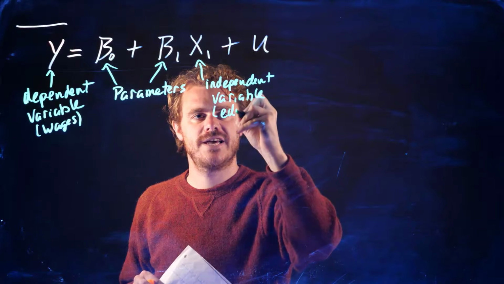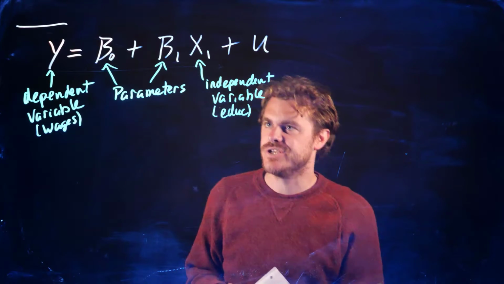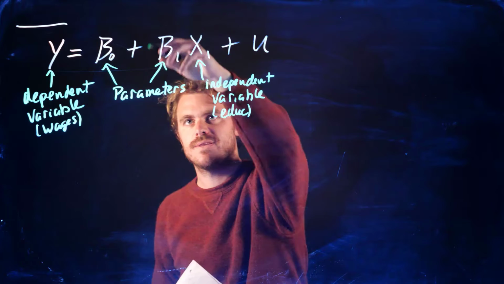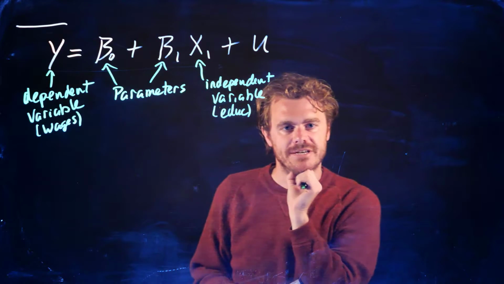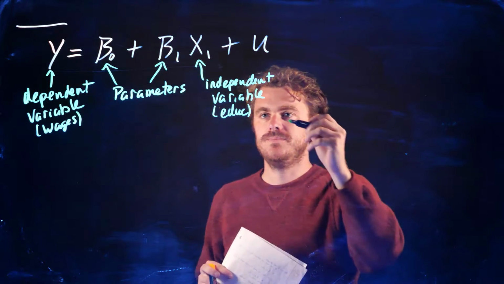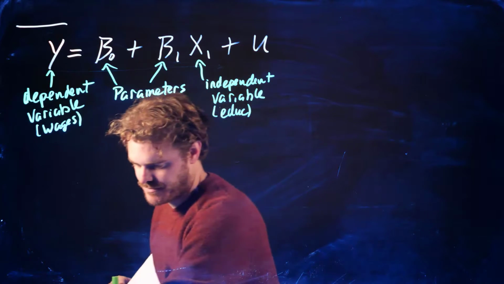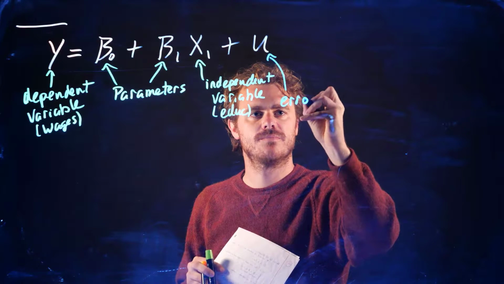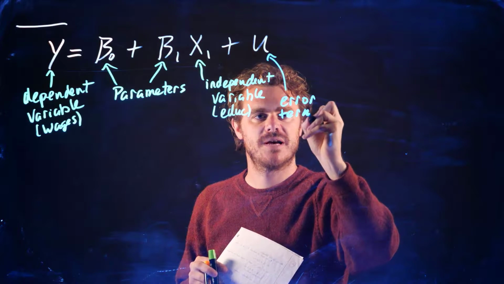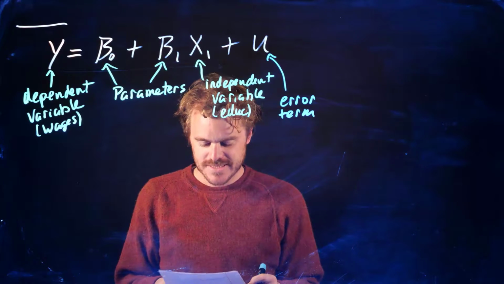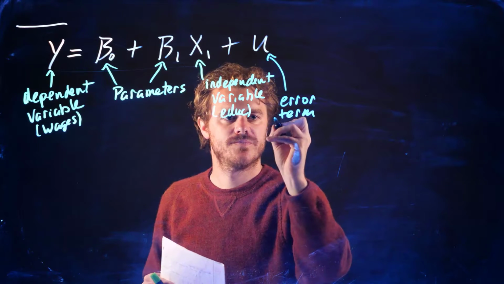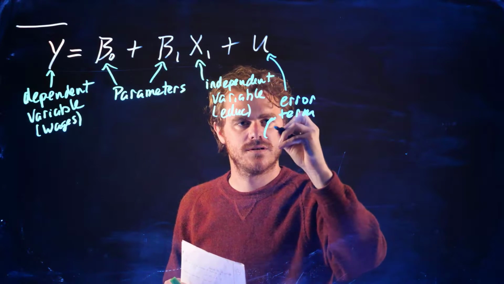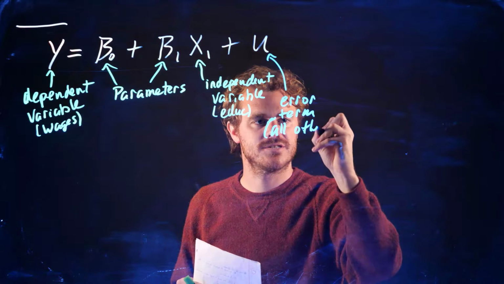So for instance, education. We're interested in the effect of education on wages. So maybe that's what this beta 1 is trying to capture here. And finally, we have this u. This is the error term, sometimes called the disturbance. This is basically all other factors